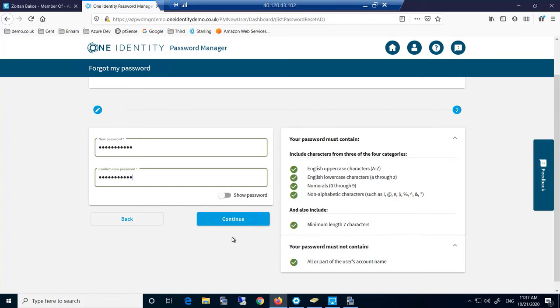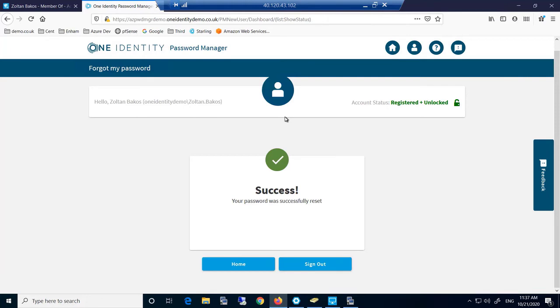Now, the other area to mention on here is there's an additional capability around checking the credential against a bad list of misused or hacked passwords. So again, it can actually go out and check that the password that's been entered by Zoltan hasn't been on a breached list. So again, adding additional value there as well. So let's click on continue. And we've now shown the capability of Zoltan registering for the password self-service using Starling Approval Anywhere with the two-factor authentication to validate his identity to enable Zoltan to reset his password.